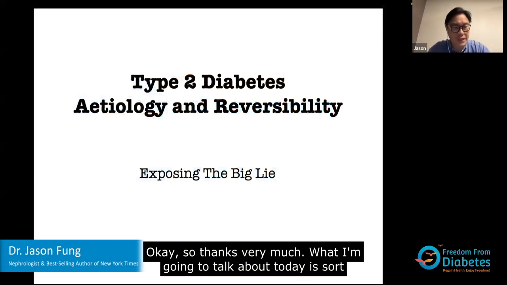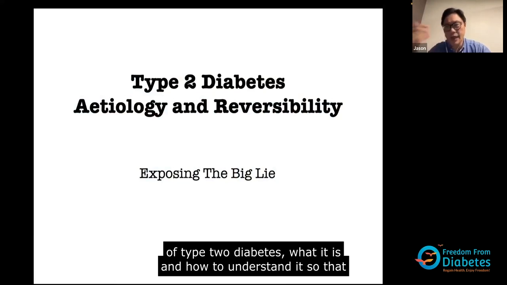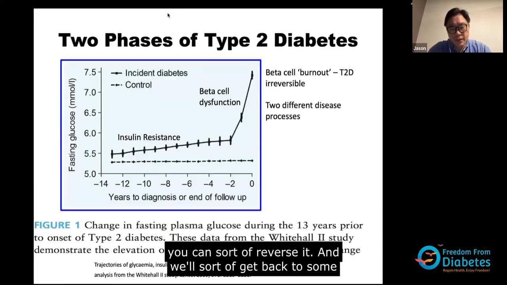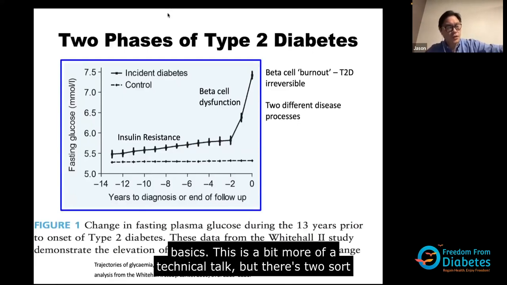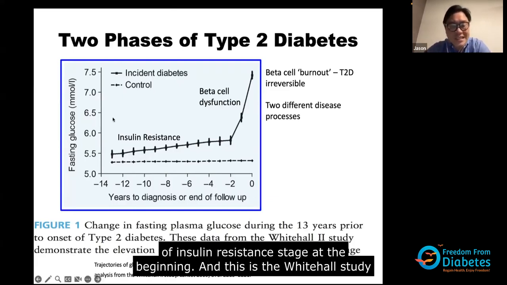What I'm going to talk about today is type 2 diabetes, what it is, and how to understand it so that you can reverse it. And we'll get back to some basics. This is a bit of a more technical talk, but there's two phases of type 2 diabetes that people talk about. So there's the insulin resistant stage at the beginning, and this is the Whitehall study,